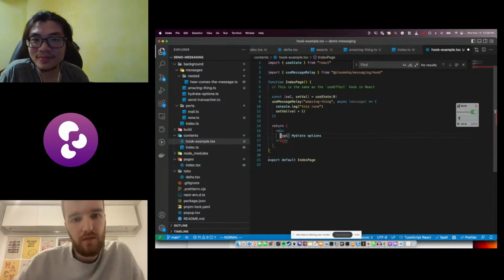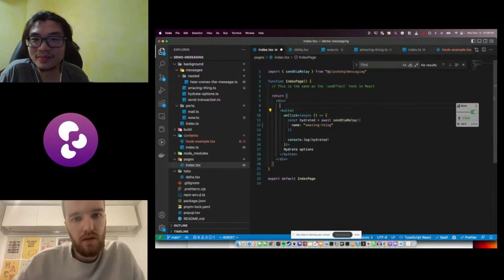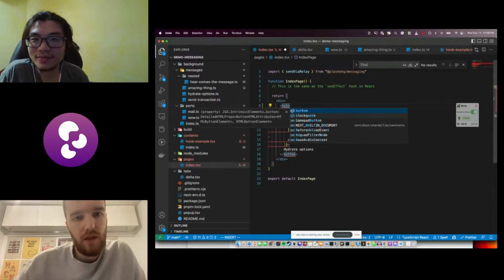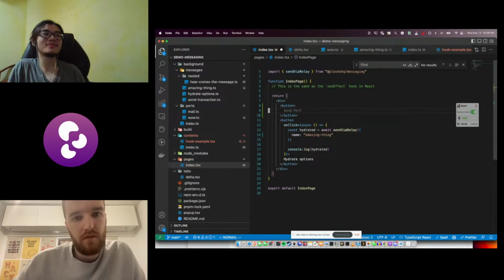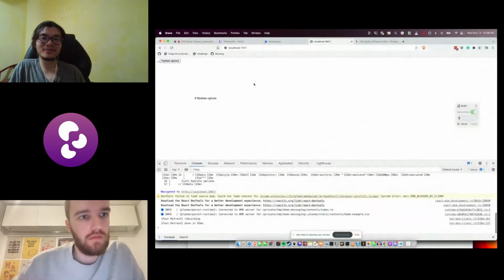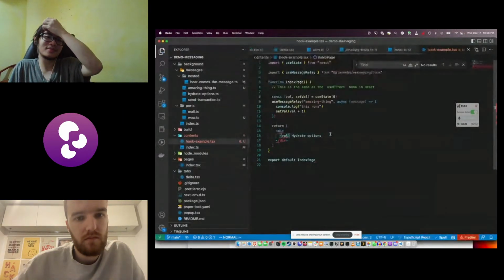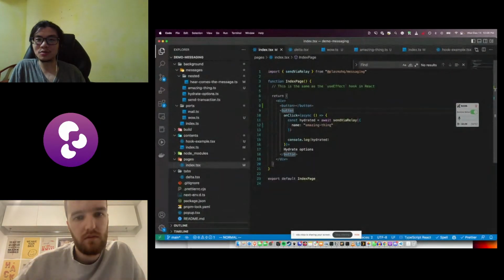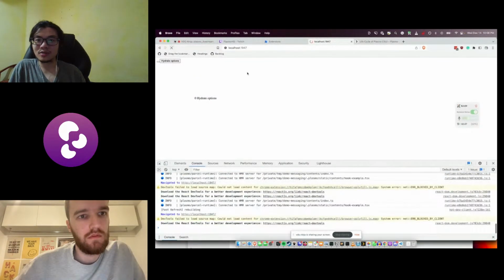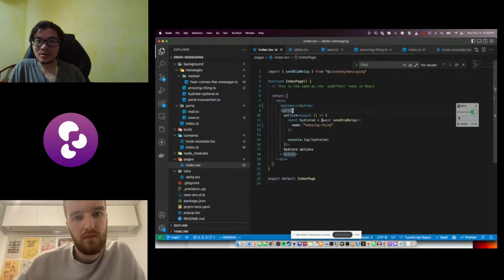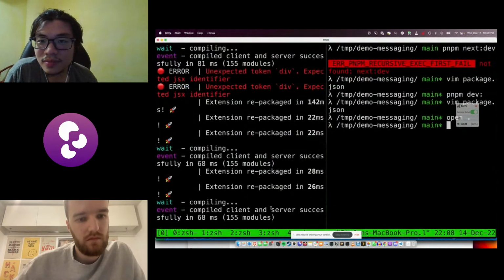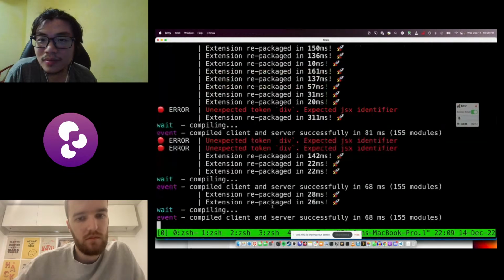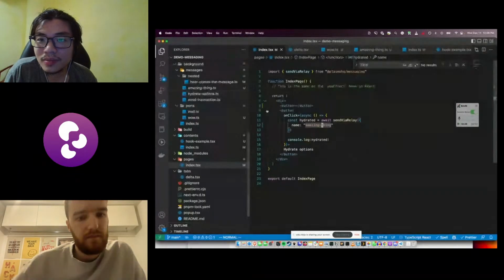Let me get rid of this stuff. Then here I'll just, because buttons. Why is the transform still working? Maybe the CSS has yet to be reloaded or something. Hmm.